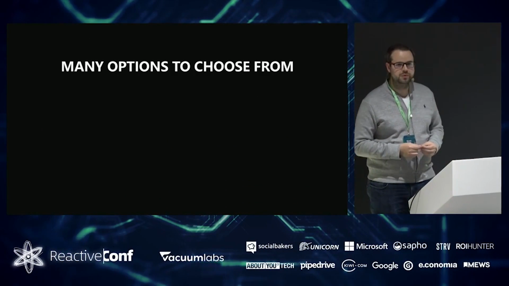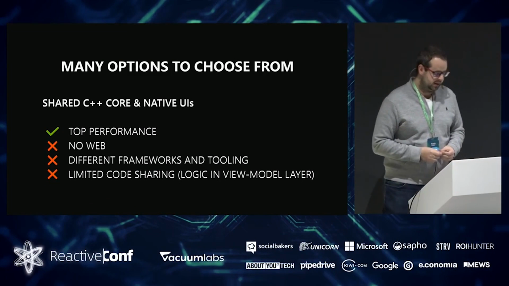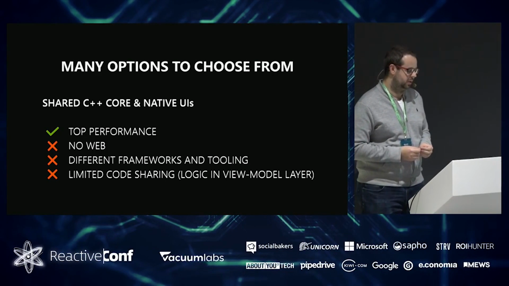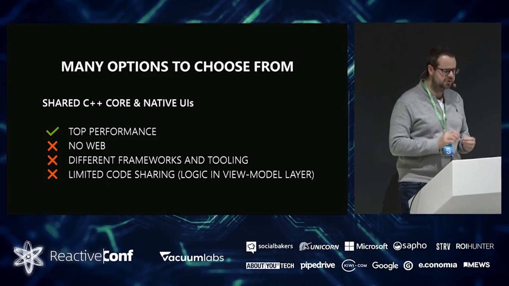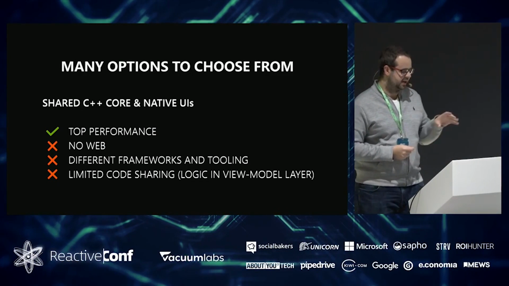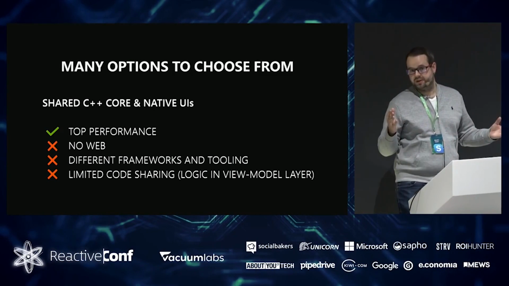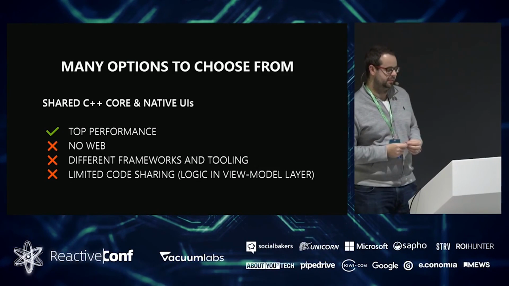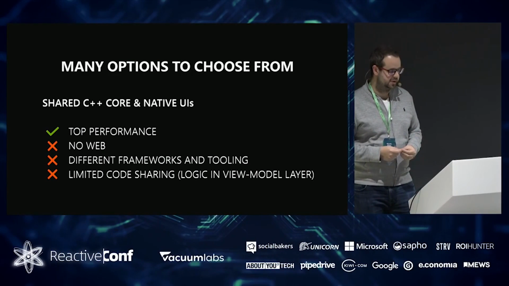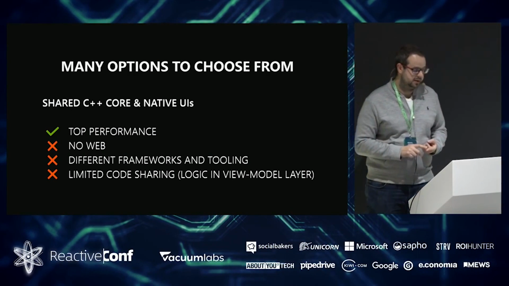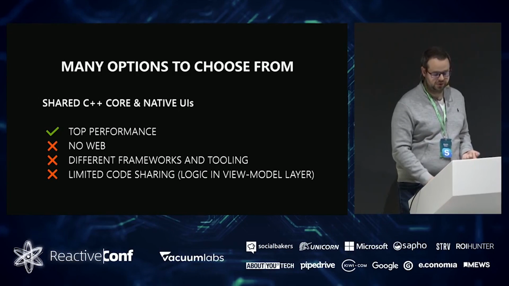Now, what were we looking at? In the market, there are many options available to address these problems. One of them, the first one actually that we looked at, was to use some shared C++ core and build native UIs on top of that. That was very close to what we had there, but this was a more universal, more thorough shared C++ core. From the performance perspective, there is no question that it is the right solution, but it didn't address our need to have the same code, or ideally as much shared code as possible, also for web. It didn't address our requirement to have the same framework and same tooling, and the code sharing options were limited,